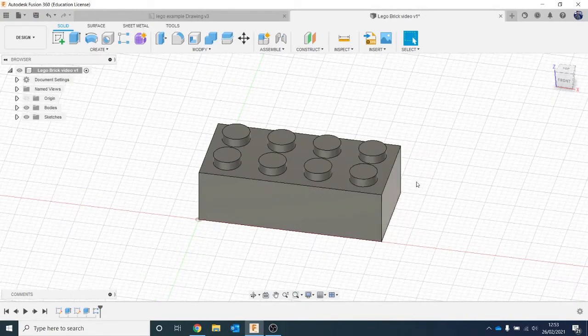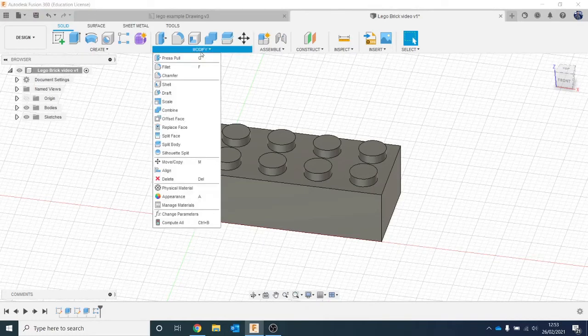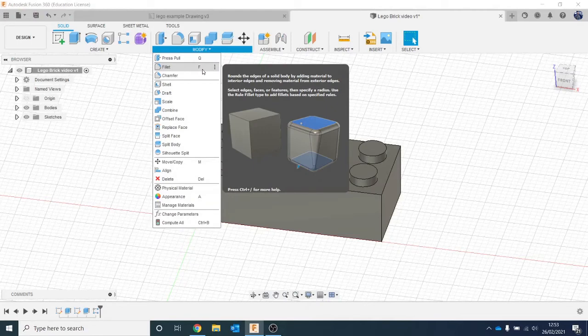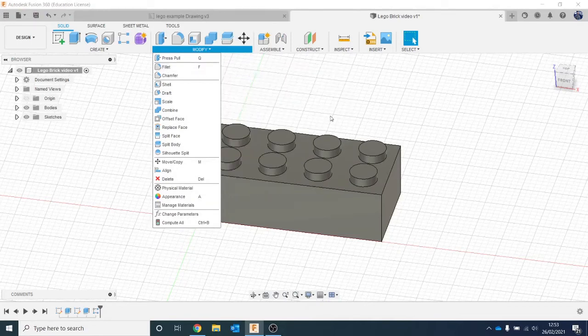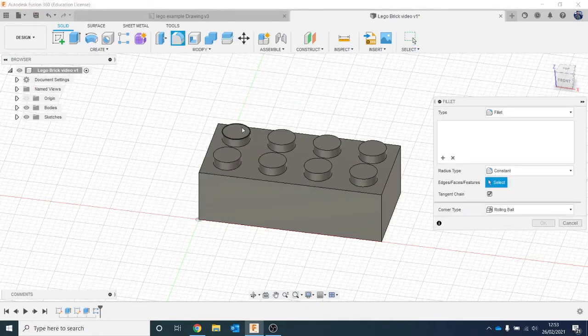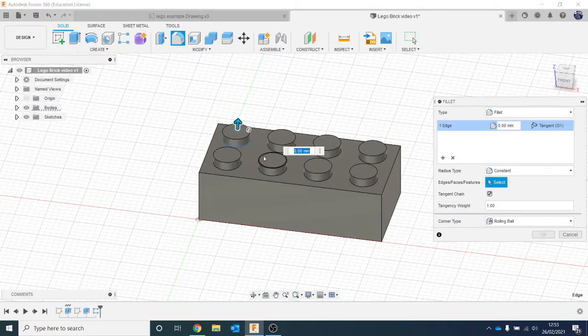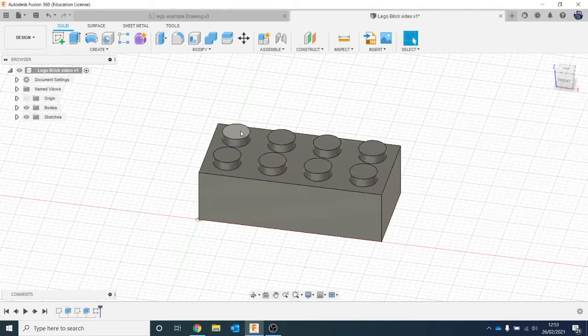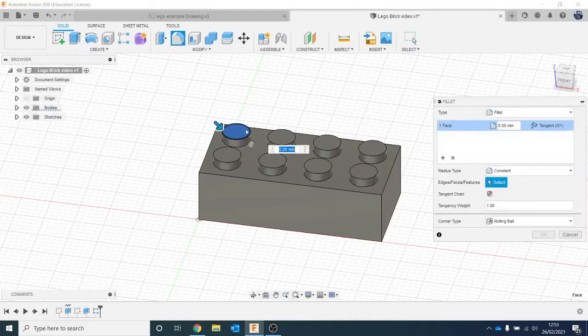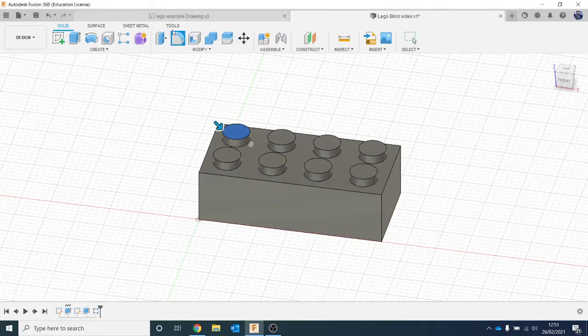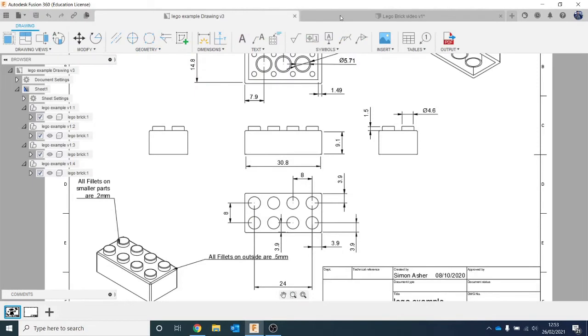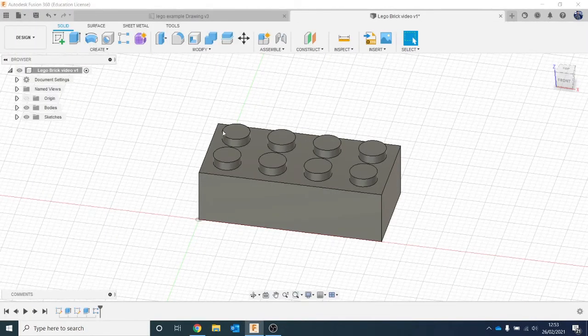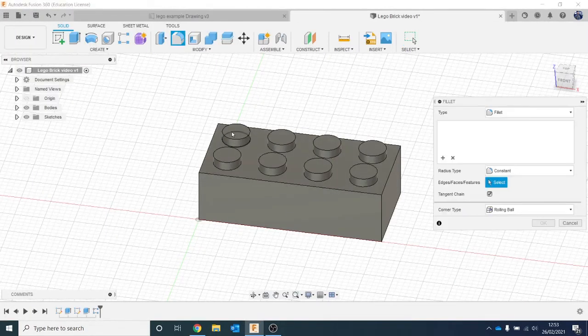So what we'll then do is we need to round these edges off. So for that, we're going to modify what we've done. Under the modify menu, we've got fillet. Again, there's a shortcut key F. So I'm going to hit F. I'm going to click on the wrong piece, so I'm going to hit escape. I'm going to click on the surface. I'm going to hit fillet, and the fillet is 0.2 millimeters. So I'm going to do that again. I'm going to click